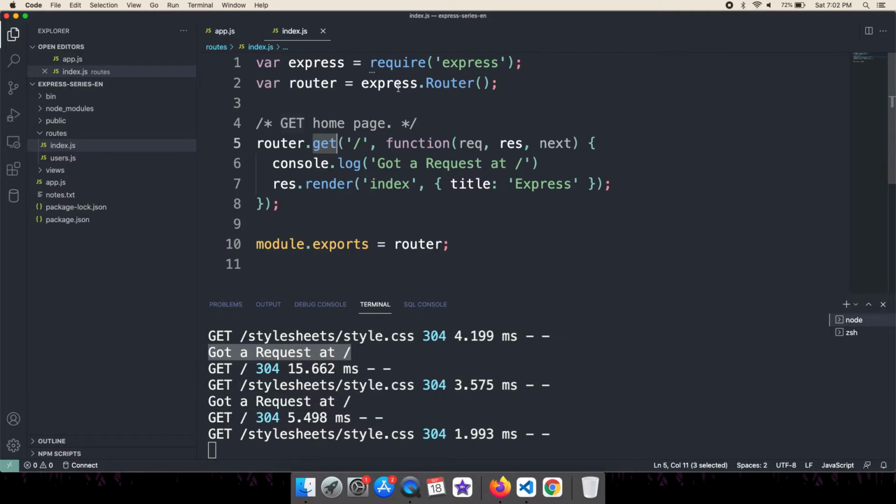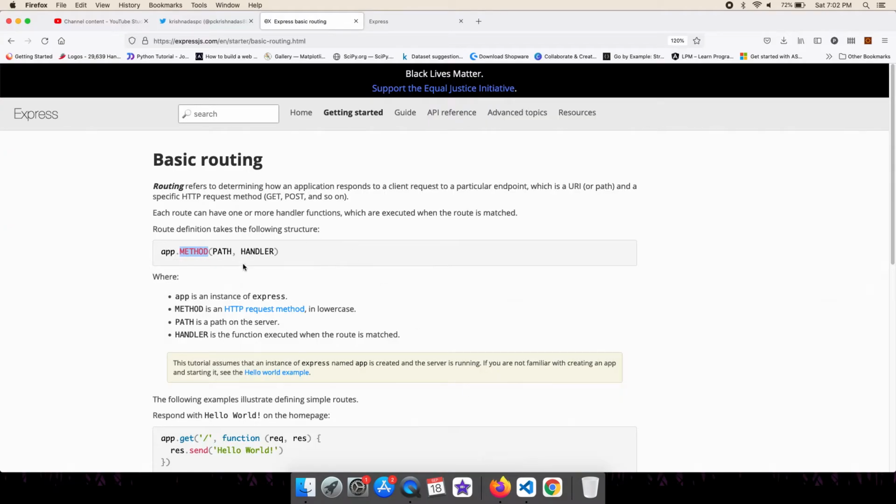So we are importing that router, and on router we call the method type, and the path is the next parameter. Here we have given the path as slash, and the handler is usually a function which gets executed when we get that request.